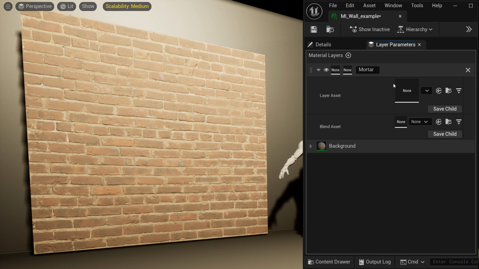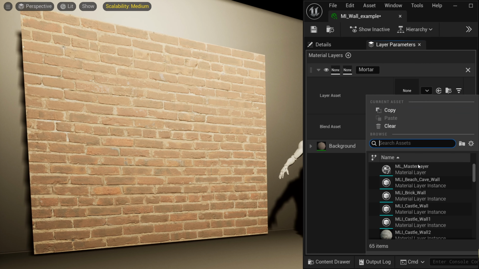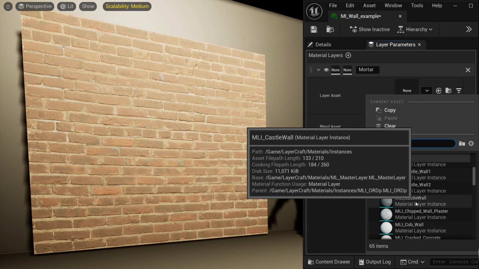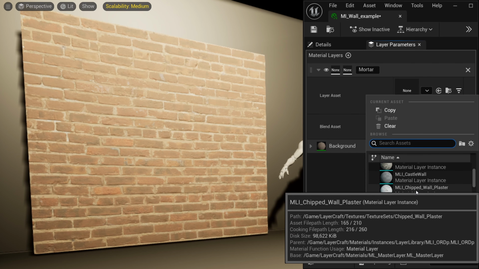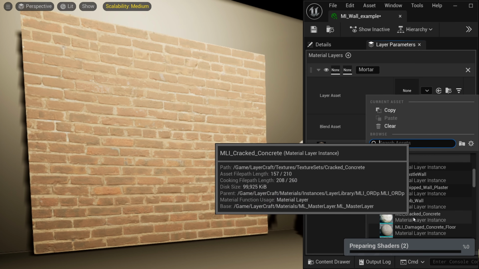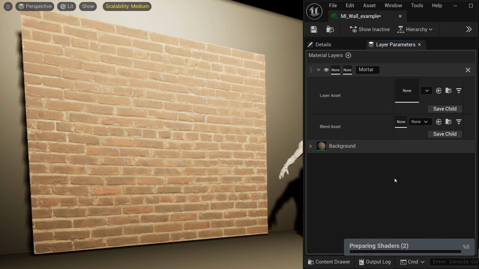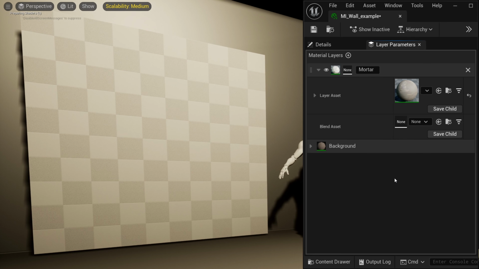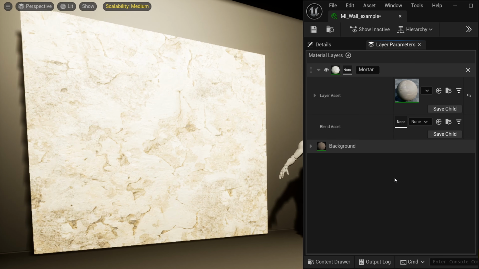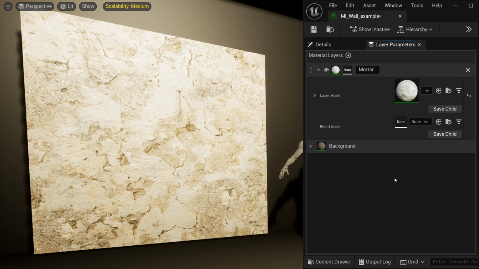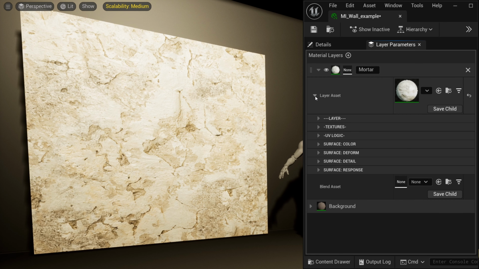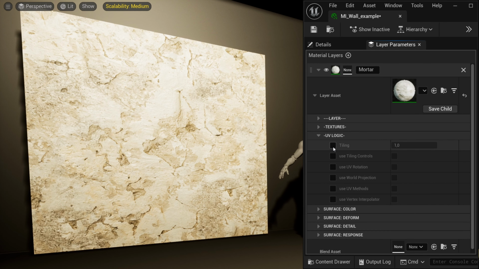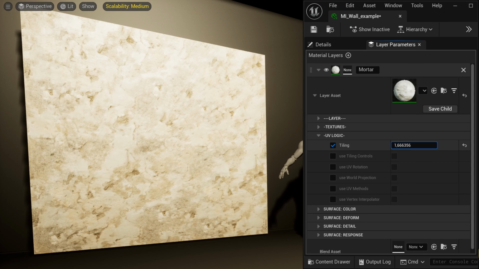But anyway, we can now add our mortar layer. We can select the master layer again, but we have our presets. You can create your custom layer instances to be used again and again. So with the LayerCraft project we have a couple of layer instances that you can use, and as you can see I choose this layer. We can